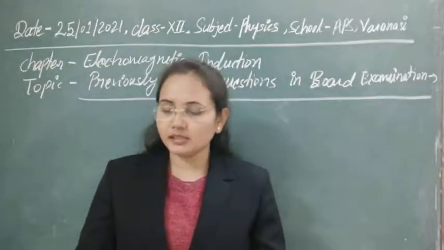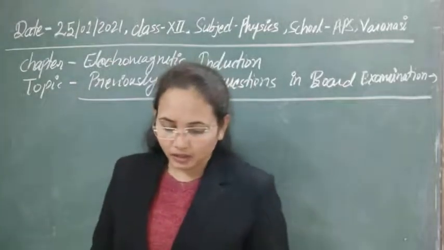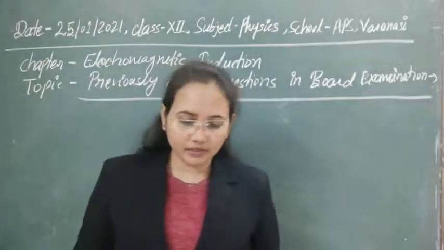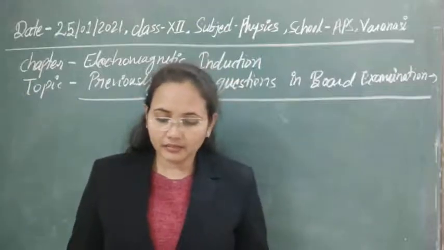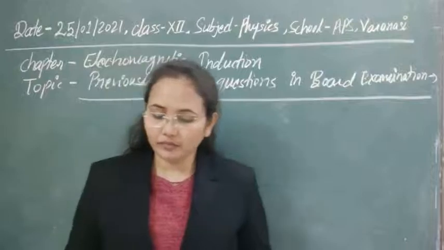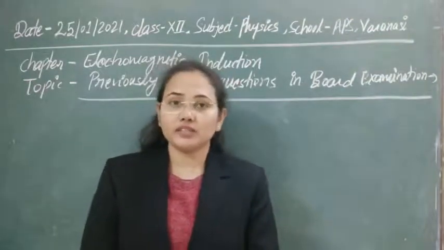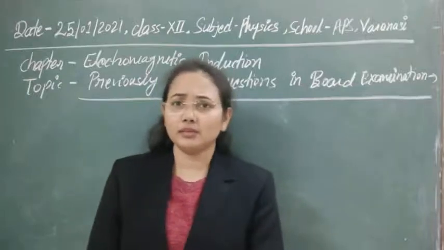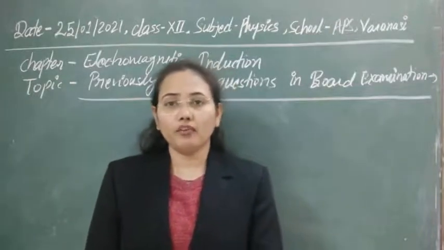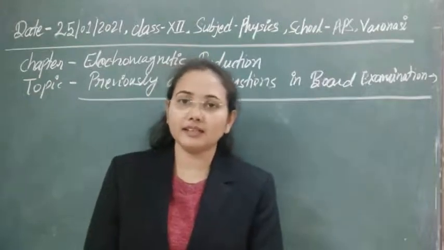So here this is the question paper of 2016, and here one question is given from this chapter, that is: write the function of a transformer and state its principle of working with the help of a diagram, mention various losses in this device. So this question I think has been asked about 4 or 5 times in your examinations, meaning alternately we have seen that this is asked.